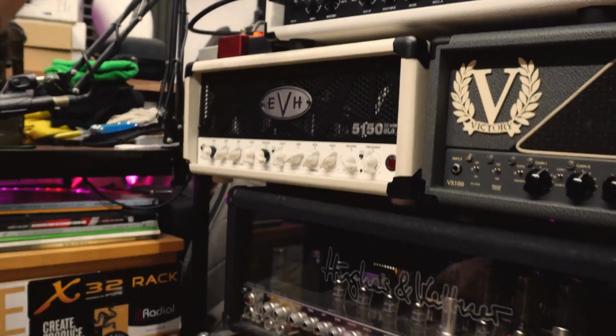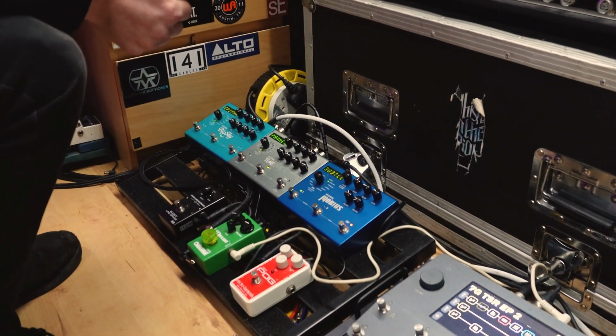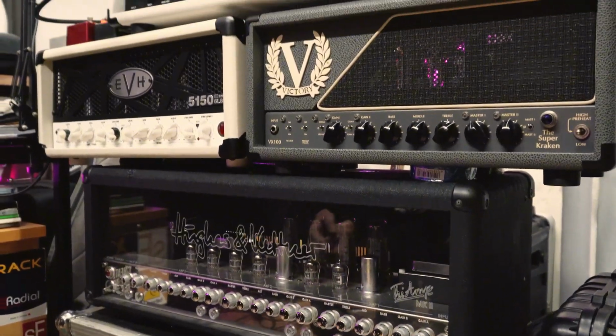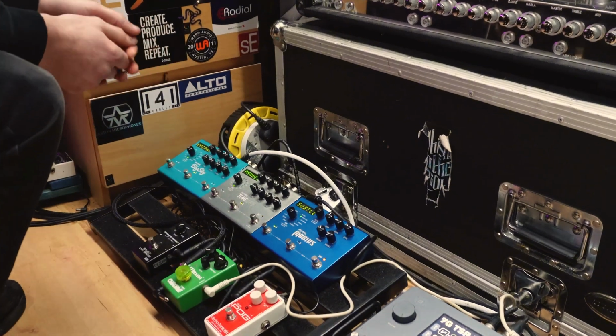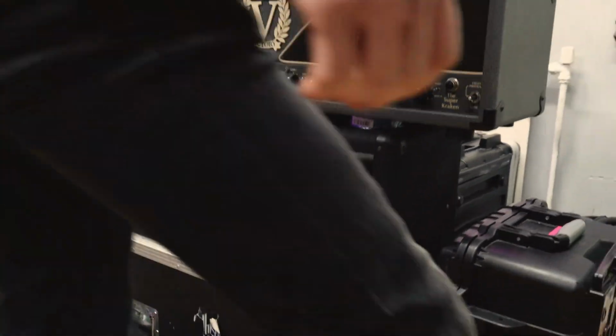Yeah, and then we had these in the loop for the lead parts, some ambience. Yeah. And then we're using the Hughes and Kettner for the cleans. Yeah. Of which we won't go through this, but we're going through the Mobius on the vintage trem setting, quite subtle. Yeah. But then these are then going into